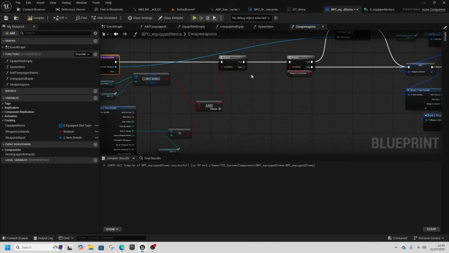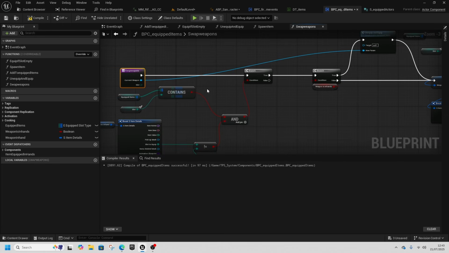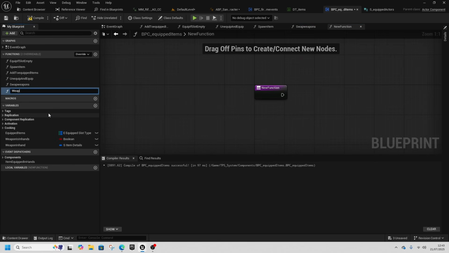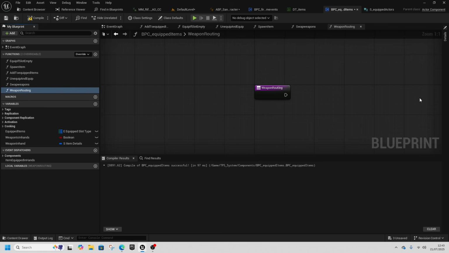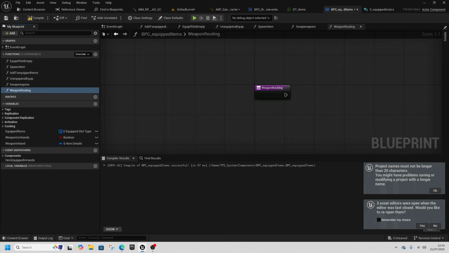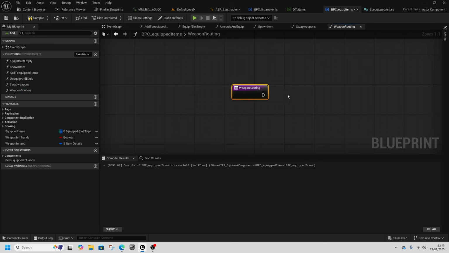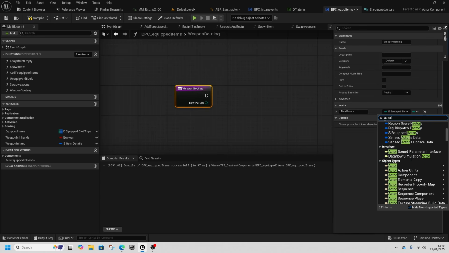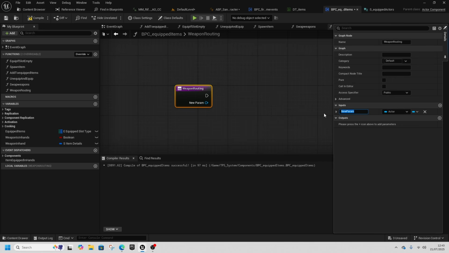But we need a couple of bits first. So currently, because we've got 3 weapons, it's not really possible to identify like 2 weapons you want to swap between. So we're going to make a new function, and this function will be called weapon routing. So open up weapon routing, and weapon routing needs an actor as an input. So we need an actor object reference, and this will be current weapon,